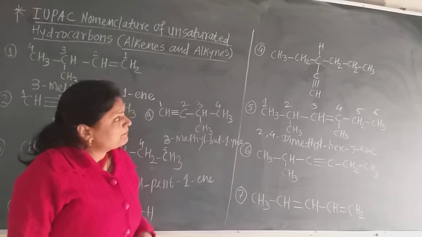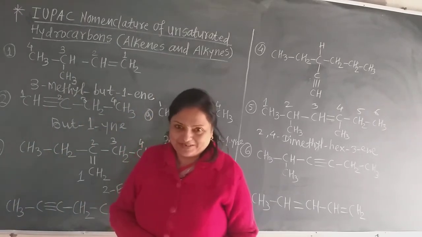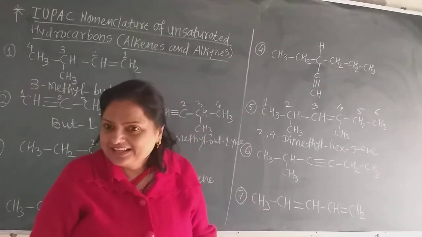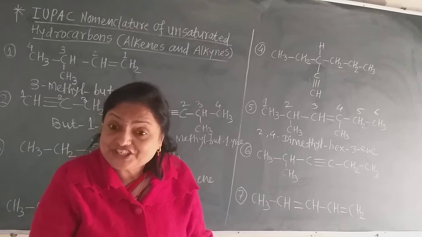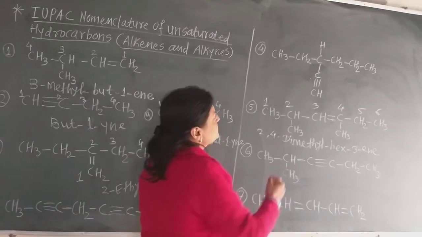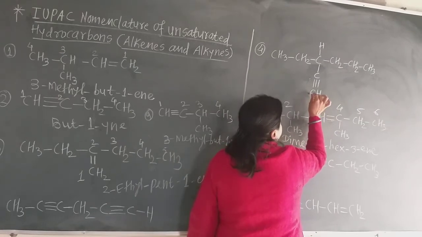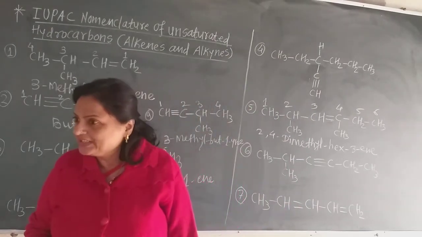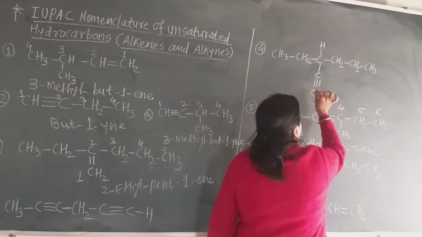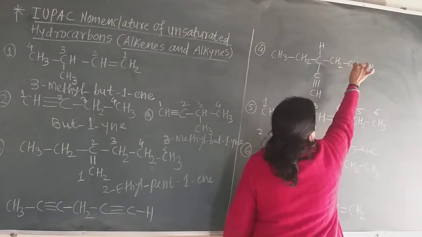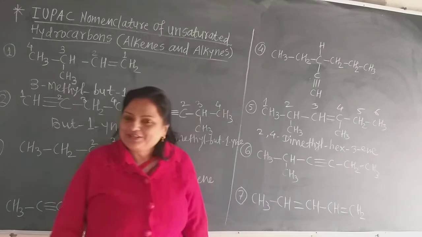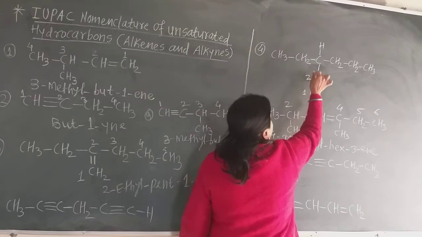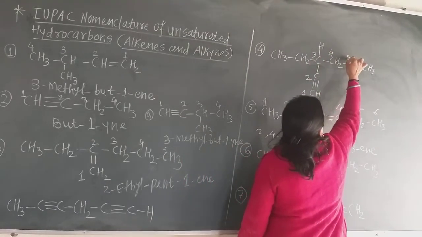Now this fourth example is also similar to the third example, because here the triple bond is shown on the lower side. But we have to select the chain which contains the triple bond. So which chain do we select? See here, if I give the numbering 1, 2, 3, 4 and 5, only 5 carbon atoms are there in this chain. But if I go this way, 1, 2, 3, 4, 5 and 6, it contains 6 carbons. So from the right side chain we have to select. Now this is 1, 2, 3, 4, 5 and 6.